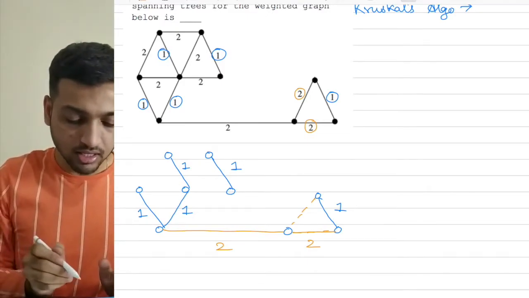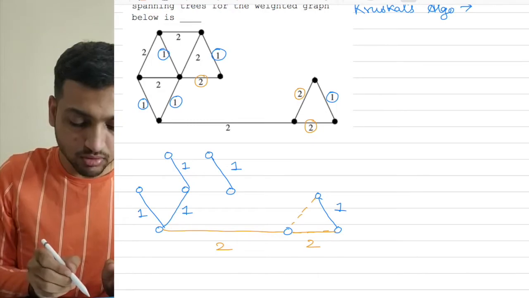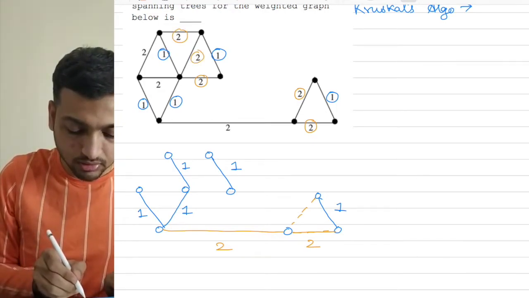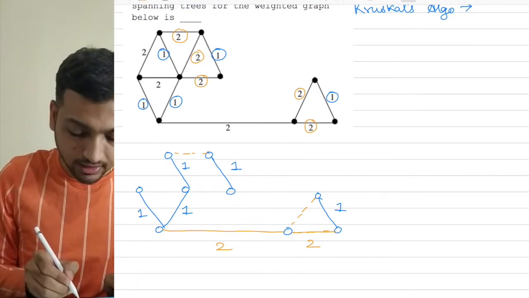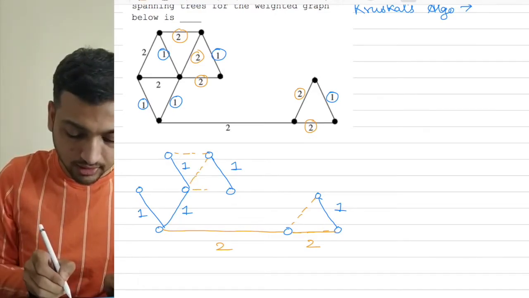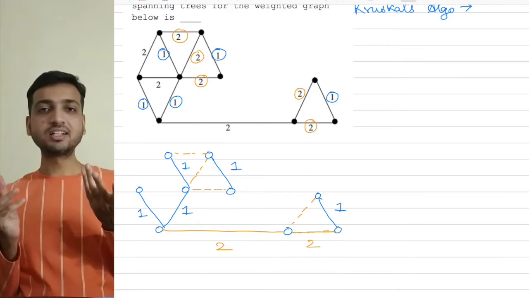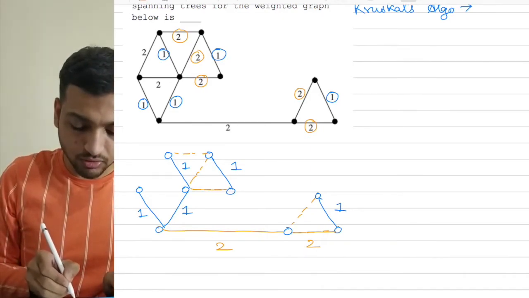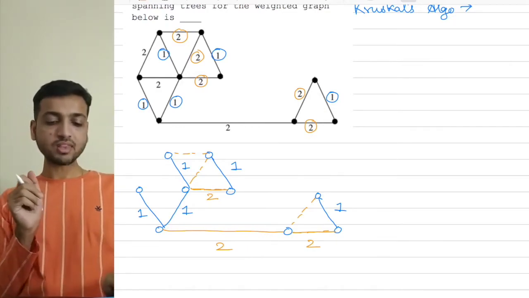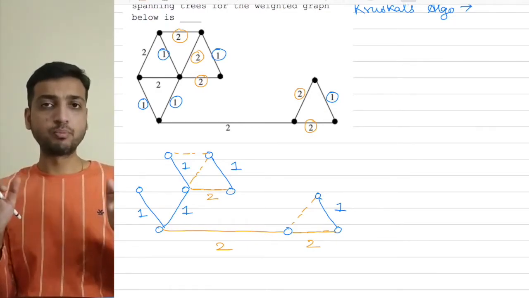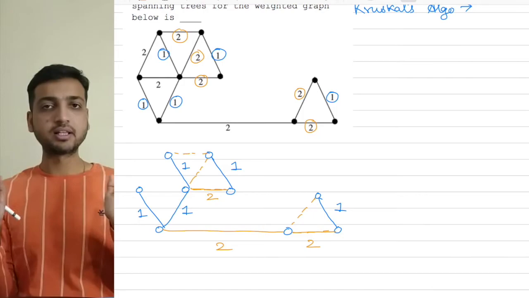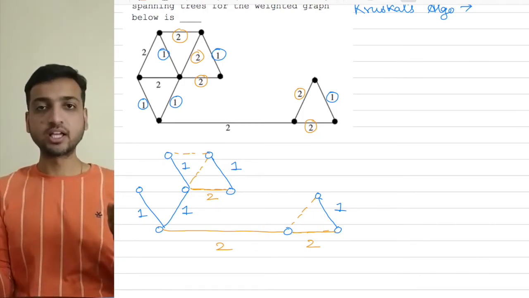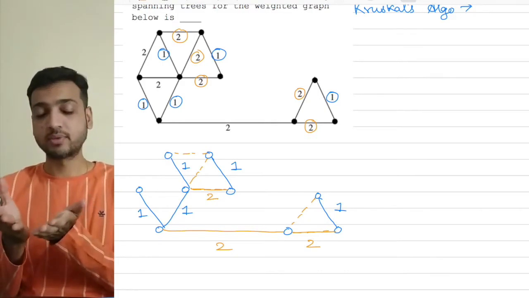Now if you see here, we have this 2, this 2, and this 2. Okay, so again I have 3 options. Either this one I can take, or I can take this one, or I can take this one. So out of these 3, I'll take any one randomly. Let me take this one. Okay, so this also becomes my 2. That's it. This is where I'm going to stop, because all my vertices are connected by the edges and I want a minimum spanning tree. So I'm not going to add any more edge because that will add weight to my MST.